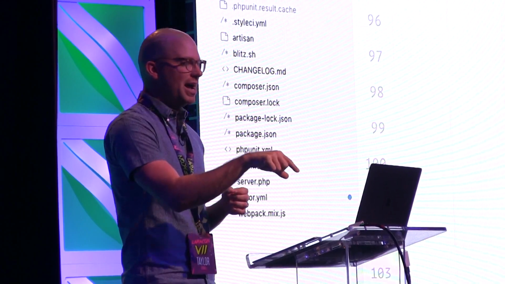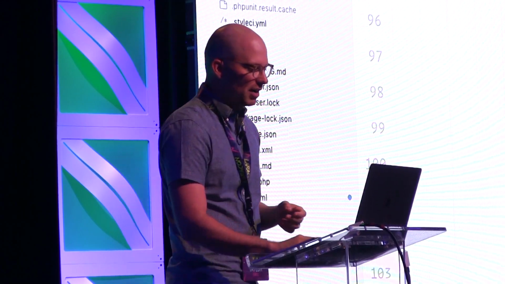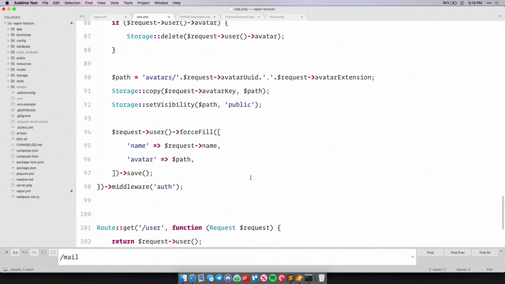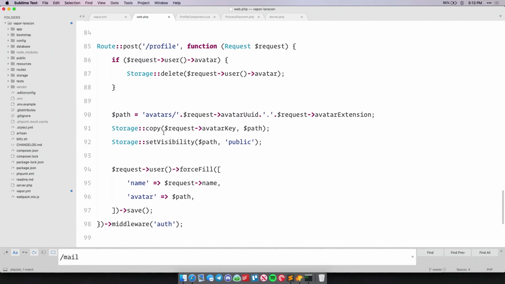And so then when you ping your backend, once this file is done uploading, what you can do is just copy over from the temp directory into a more permanent directory, like say an avatars directory, like I'm doing right here on lines 90 and 91. All right, so that's kind of how that works and how we avoid that situation.